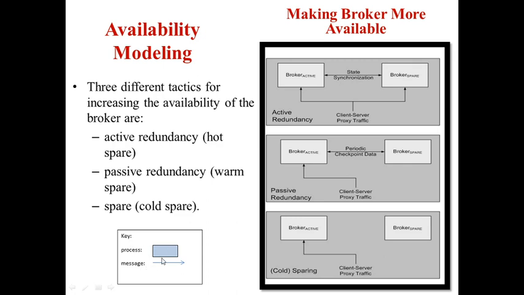So here you could see this process is going to be represented in the triangle, and this arrow mark is going to represent the direction. So in the active redundancy, hot spare is telling about client and server models. Between client and server model, synchronization has to be maintained. That is called state synchronization. Here you could see making broker more available. How it is going to be available. Next, you could see this passive redundancy, how it is going to be used in the broker. Broker is nothing but between the models.